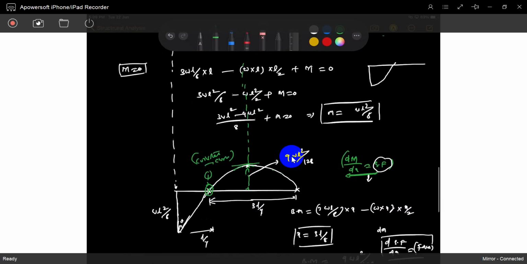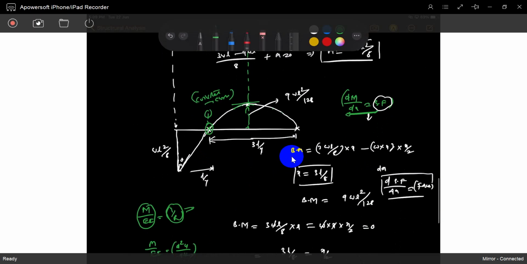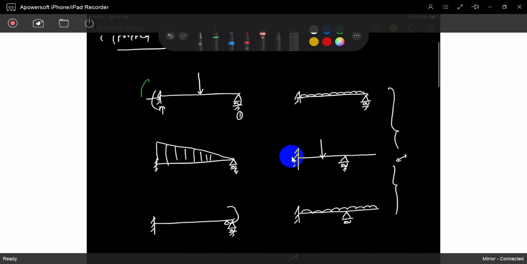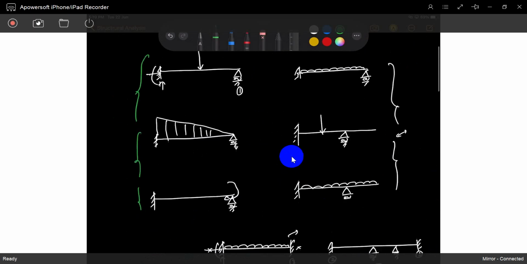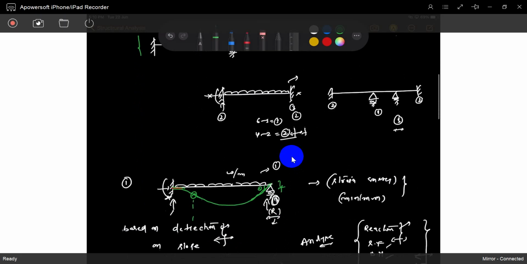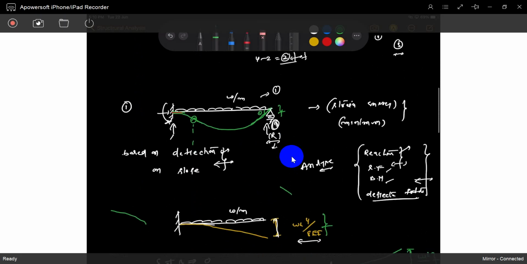Moment is 0 means the curvature changes; it changes the direction of the curvature. Okay, so that's it. Everything we analyze that way. For these structures, I will explain for every type of P; we will solve like this. But I do not need to explain once again what the change in bending moment is. The change in bending moment is shear force, and the change in shear force is equal to load.